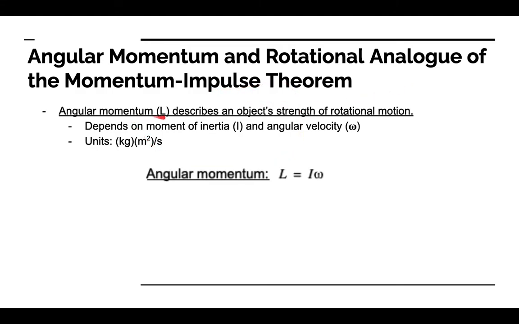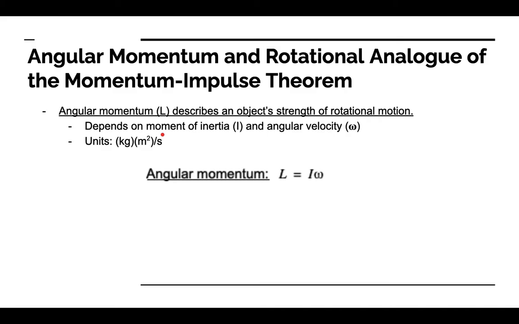The angular momentum, which we represent by the letter L, describes an object's strength of rotational motion, the same way as linear momentum describes an object's strength of linear or translational motion. Angular momentum depends on the moment of inertia I and angular velocity omega, just the same way as linear momentum depends on the mass of an object and that object's linear velocity. The units we have for angular momentum are kilograms times meters squared per second,